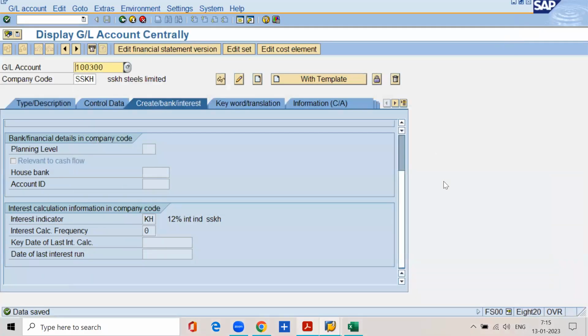We have assigned the actual rate of interest 12% to the reference rate of interest KH1. The reference rate of interest KH1